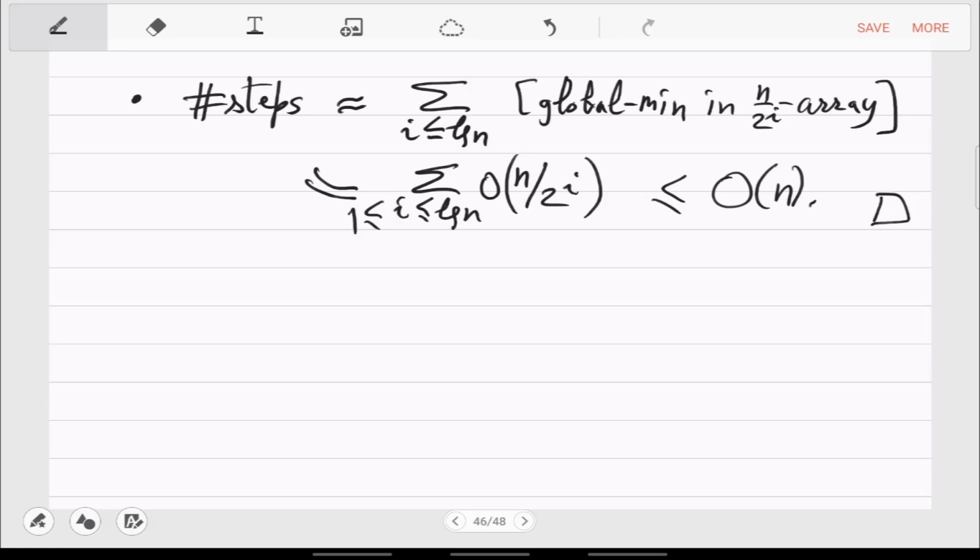So the lion's share of this complexity comes from finding the global minima in a 1D array, but the array we are halving. Okay, so it becomes a linear time algorithm for local minima in a grid.